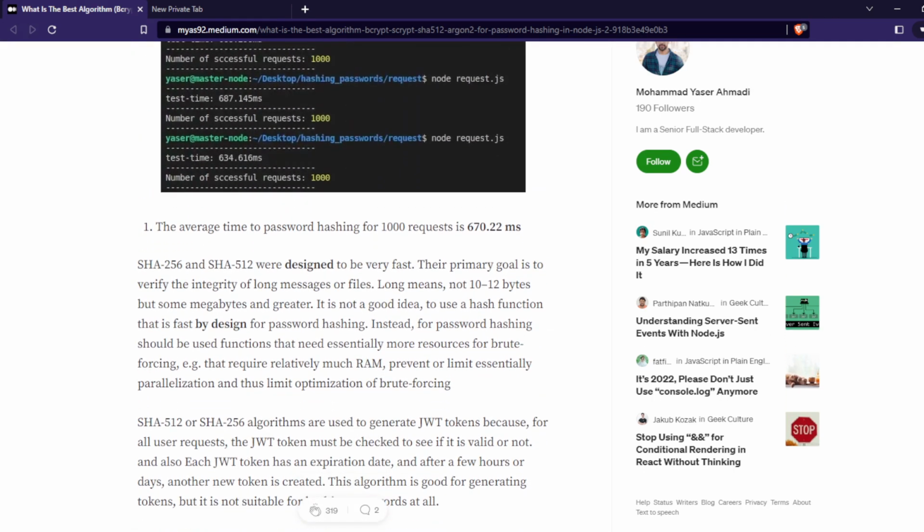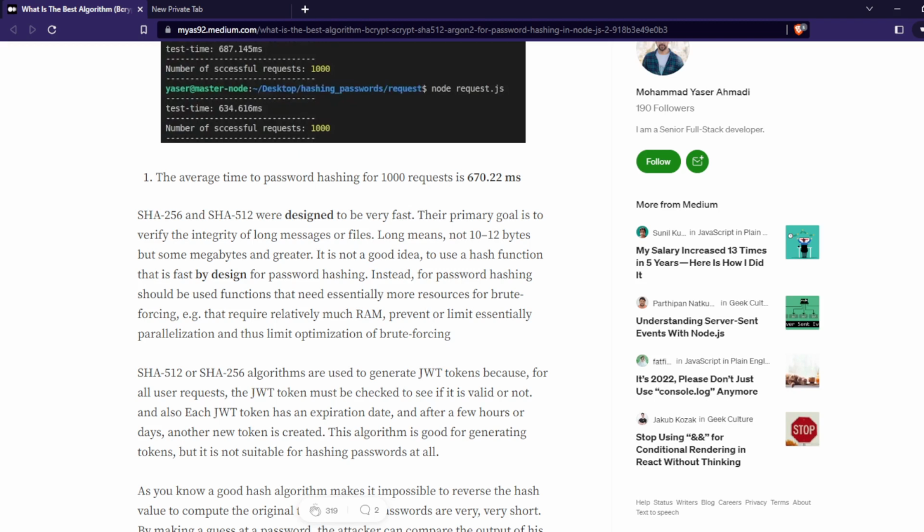The average time for password hashing for 1000 requests is 670 milliseconds. SHA-256 is designed for verification, and the primary goal is the integrity of long messages or files. Long means not 10 or 12 bytes but several megabytes and greater. It is not a good idea to use a hash function that is fast by design. Instead, for password hashing you should use a function that needs essentially more resources for brute forcing, requires relatively much RAM, and prevents or limits parallelization and thus limits